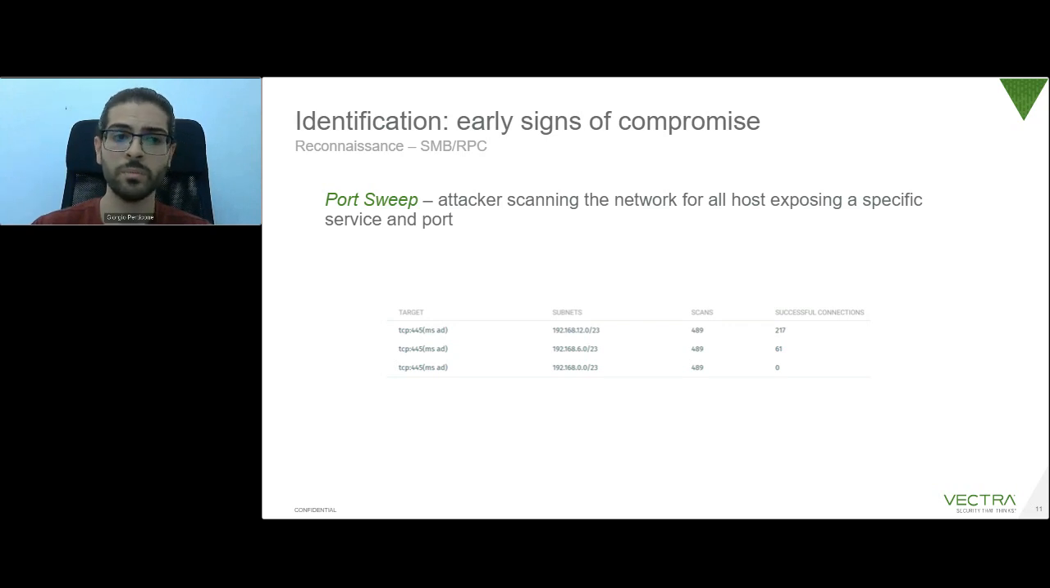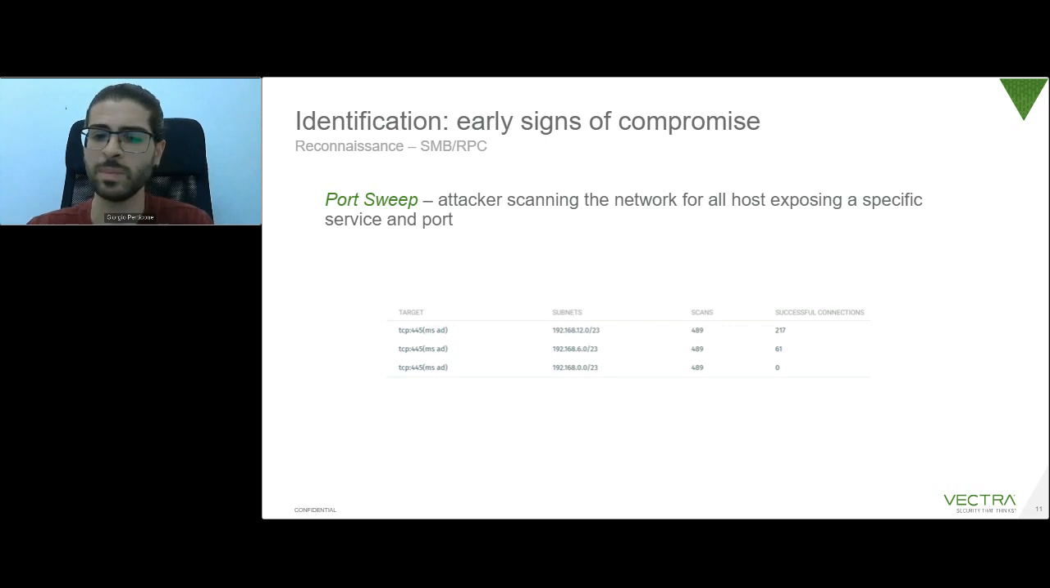So first of all, this is definitely the most simple one. A port sweep is basically a technique where the attacker is scanning a list of IP addresses for some specific ports. First of all, because they want to understand which hosts are active and alive in your network, so they can later target them, and because maybe they are searching for a very specific service that they want to exploit later. In this case, you can see that the attacker was looking for the port 445 or SMB, maybe RPC,